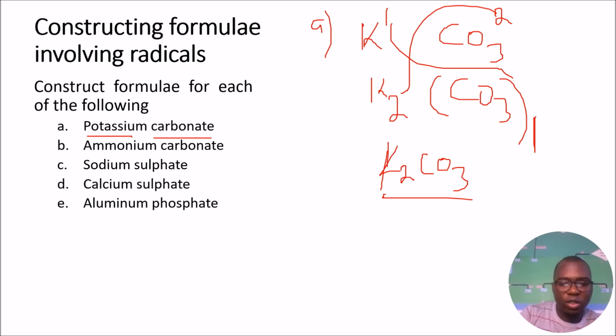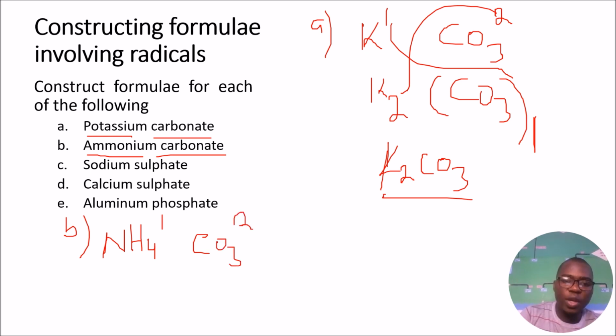Okay, so let's look at the second example here. B, they are saying, so we look at B. B, they are saying ammonium carbonate. So this one is made up of radicals only. So ammonium has a formula of NH4. The formula is NH4 and the valence is 1. Carbonate is CO3 and the valence is 2. So we interchange. Now, these both are radicals. So when you write them again here, NH4 and